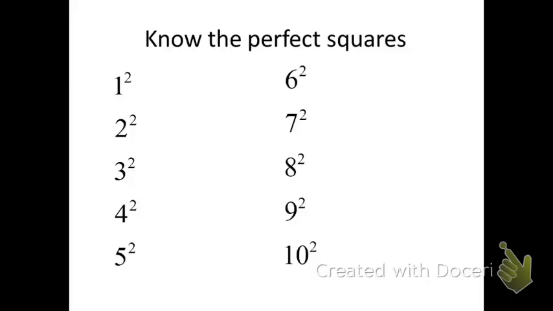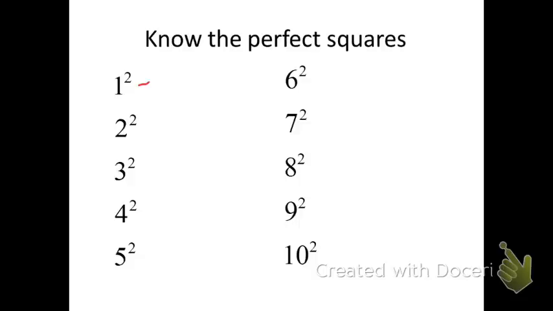So, the first thing you need to know in order to simplify radicals are the perfect squares. I tell my students, on any test that involves radicals, to write the numbers 1 through 10 on the top of their page, and then square each number, so that all the perfect squares are handy to them, so when they need to factor them out of something they're taking the square root of, it's right there for them. So, what you would do is just write 1 through 10 on the top of your page, and then go